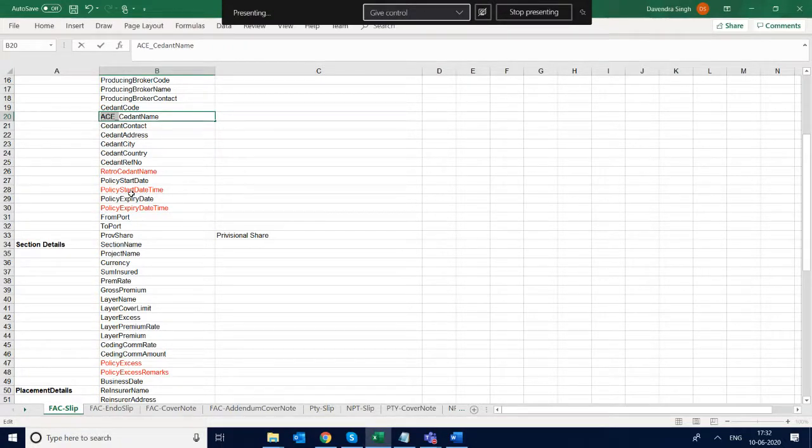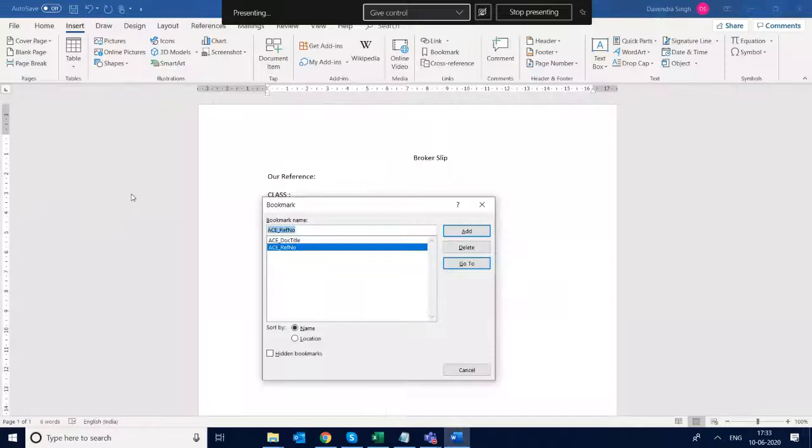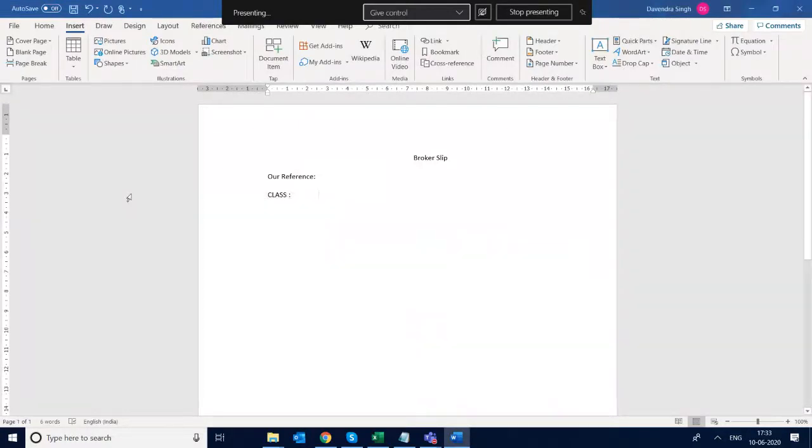So by this we identify that this is a bookmark assigned to get the data from the database, not your own bookmark, because you may have other bookmarks in your application for your own identification, since sometimes a slip contains many pages. So your own bookmarks and our bookmarks are differentiated by applying ACE before them.